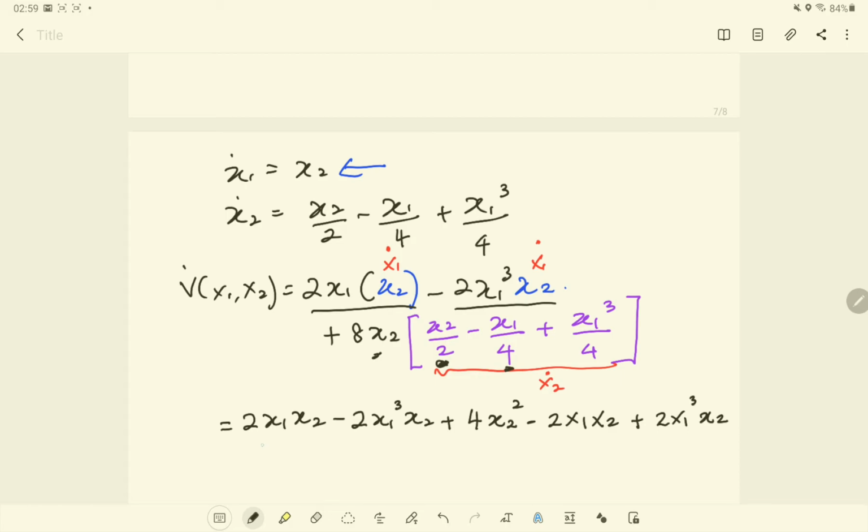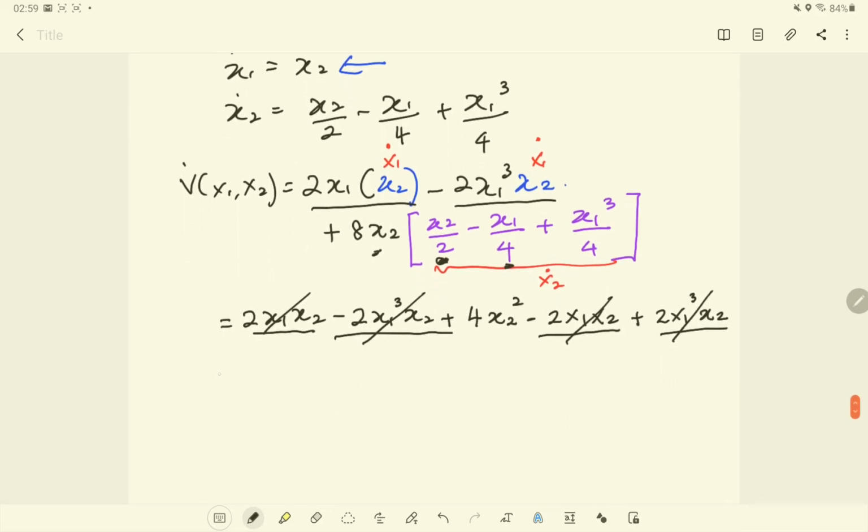So you can cancel 2x1x2 minus 2x1x2, okay, and then negative 2x1 to the power of 3 x2 plus 2x1 to the power of 3 x2 cancels. Then you get 4x2 squared. So from here,